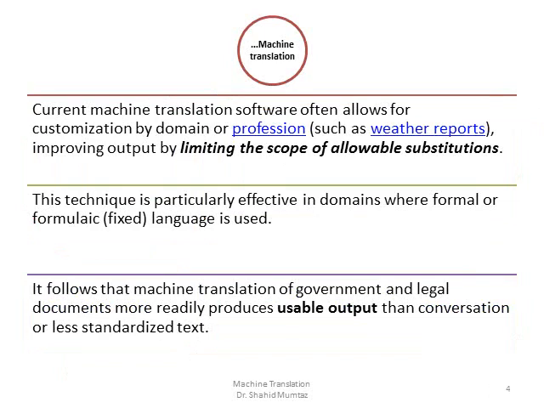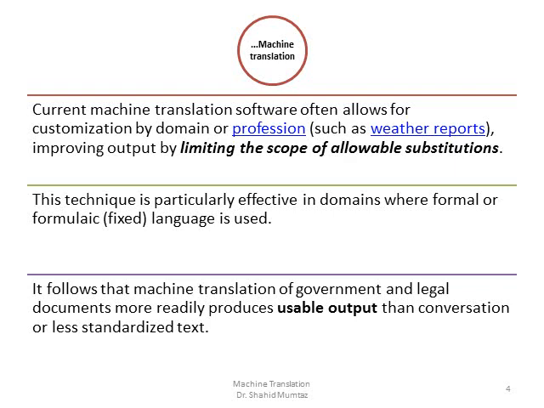The software that is used for translation often has the option of customization by domain or profession, such as weather reports. You can choose the translation.